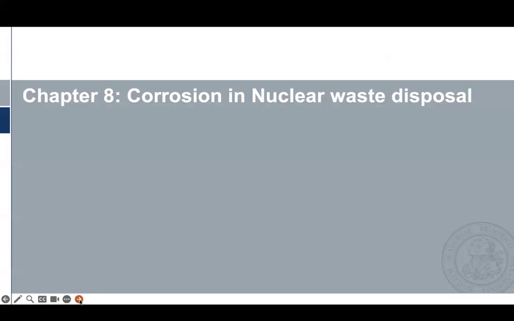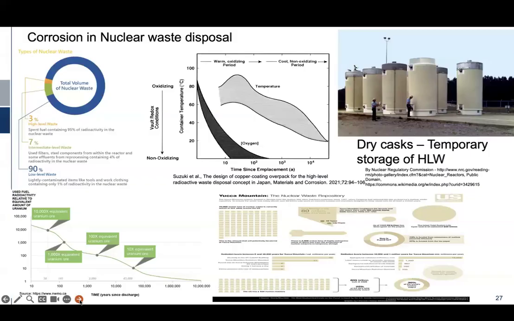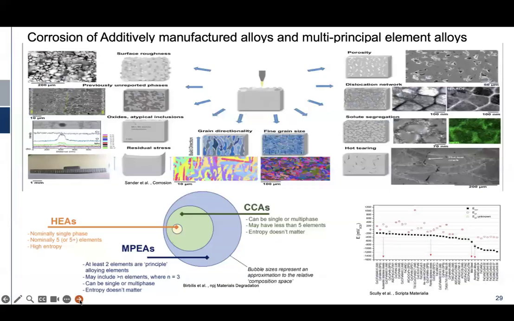Here I will introduce my research, what I'm doing here. This is where having metallurgy knowledge would be very useful. There are a lot of things happening in the material that affect corrosion, how the microstructure of the material influences corrosion, because in additively manufactured materials, there are a lot of heterogeneities that are formed in the material, from the